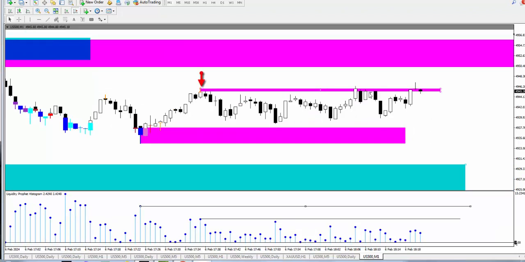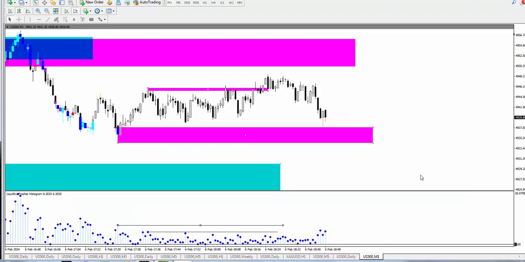So we're back at this top level here, which was a previous colored candle. Now you can see that the liquidity histogram hasn't even come up to this level or this level. So I'm not sure I would want to take that trade because the liquidity is too low. And remember what we said, liquidity often preempts a large turn. So I just sit on my hands on that move and not take the trade. So we didn't get a volatility histogram in the area where I was looking to take a short trade,